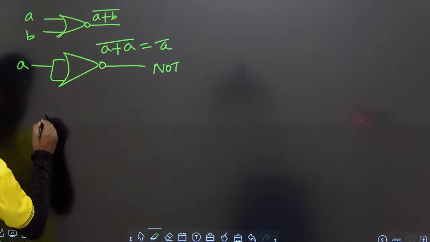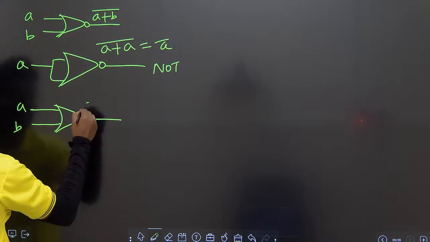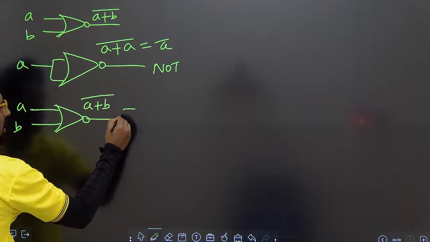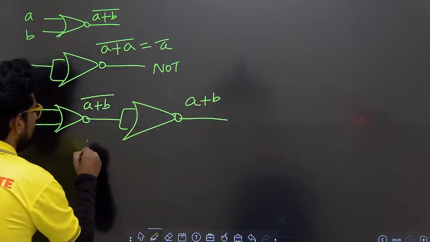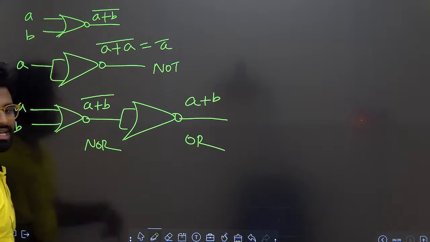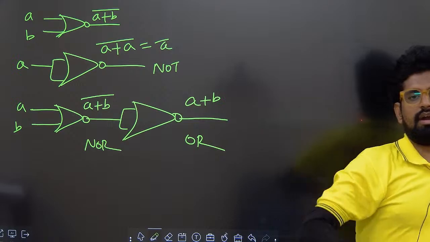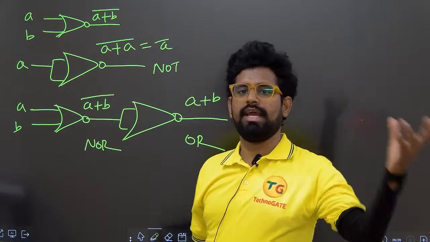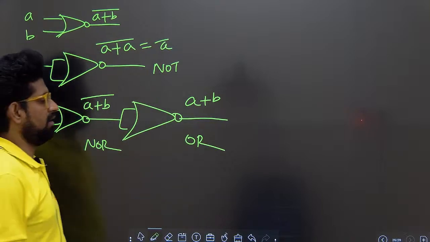In a similar way, this is (A plus B) whole bar. Apply an inverter, then you will get A plus B. Here NOR, here OR. Just like the same shapes, previously wherever you got NAND, now NOR will come, XOR, XNOR will come, OR, AND, OR likewise. Now